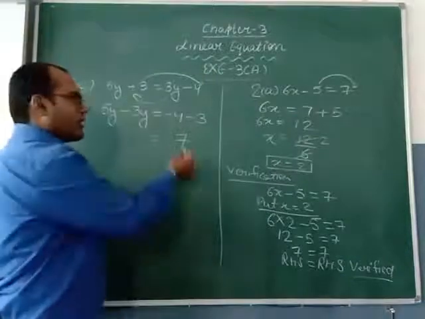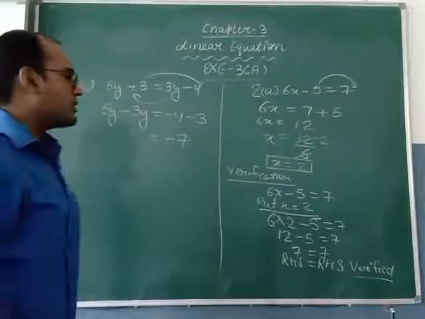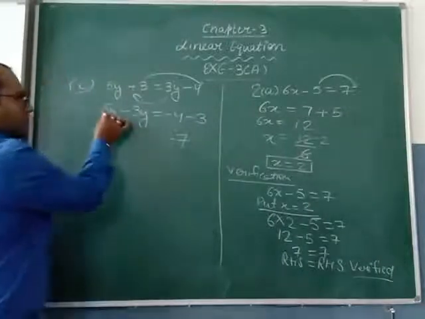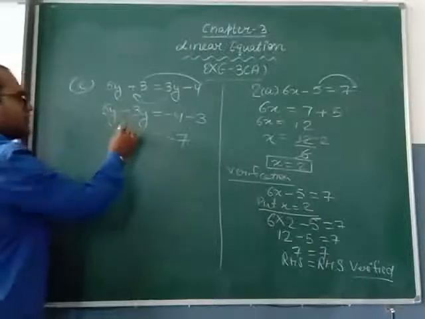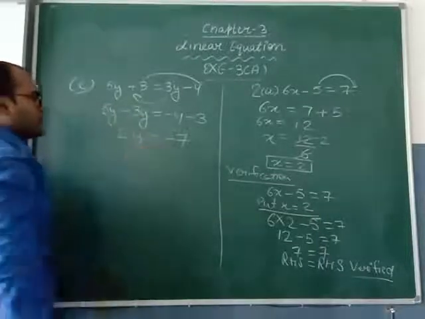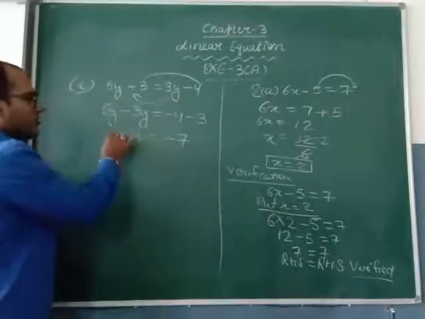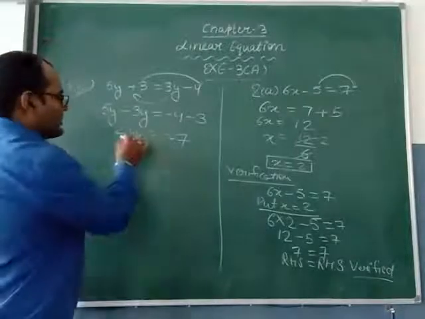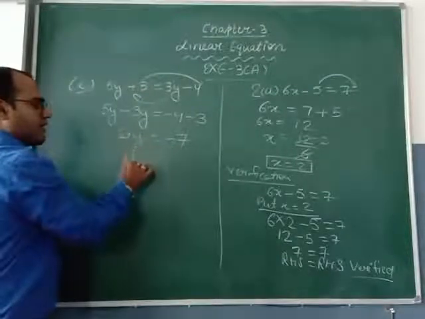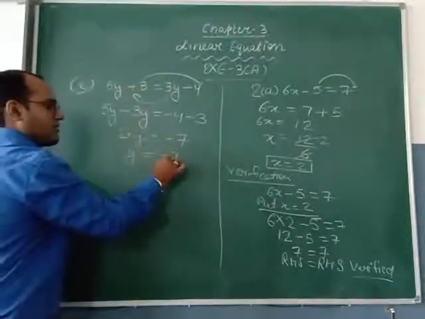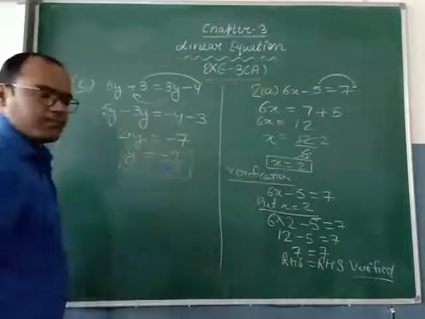What is the sign of the greater number? Greater is 4 and 4 has minus. So in the answer also, we have to put a minus sign. Now, this is plus 5y and this is minus 3y. Plus minus minus, so we will subtract them. 2y. The sign will be of the greater, 5y is greater and 5 does not have any sign, so we will also not put any sign here. Now this 2 is multiplied with y, so this 2 will come to the right hand side and we will write it as y is equal to minus 7 divided by 2. So this is the answer of y.